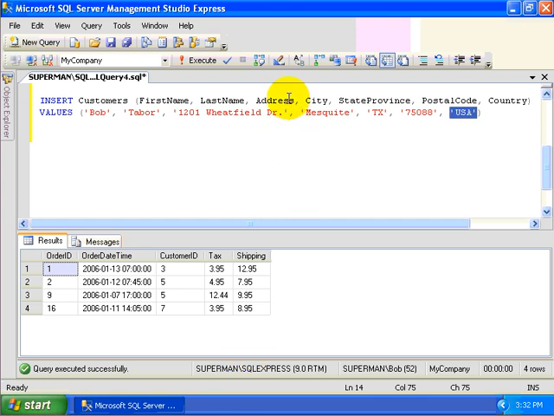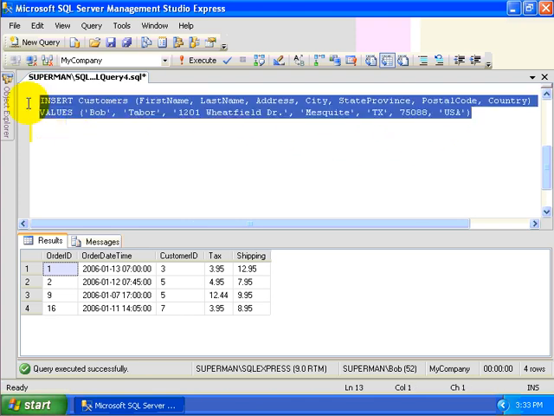Now you can't have a disparity. You can't have more columns than values or more values than columns. If you do that, then you will get an error statement. Also, you don't have to include all of the columns for your tables. You have to include all the columns that are non-nullable. So based on the nullable property, you have to make sure that you at least have those whenever you're doing an insert. Additionally, you have to make sure that the data types correspond with the data types that are in the database. So for example, if I were to remove the quotation marks and try to execute this,